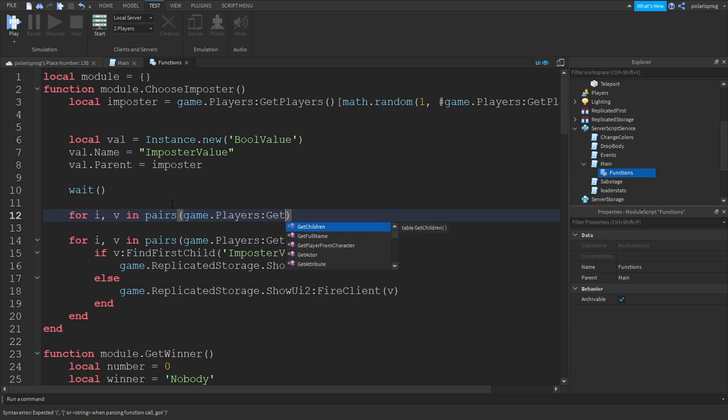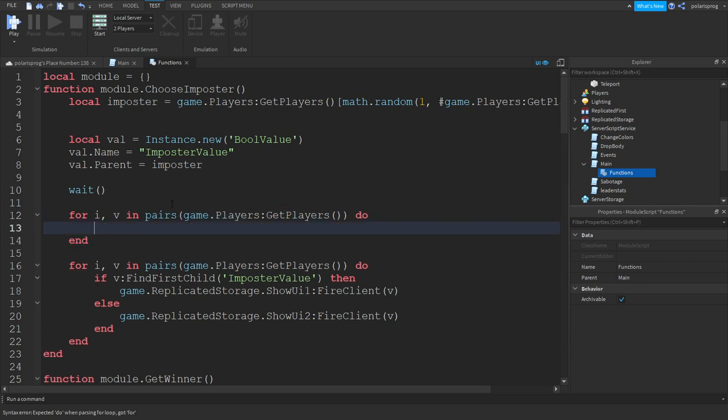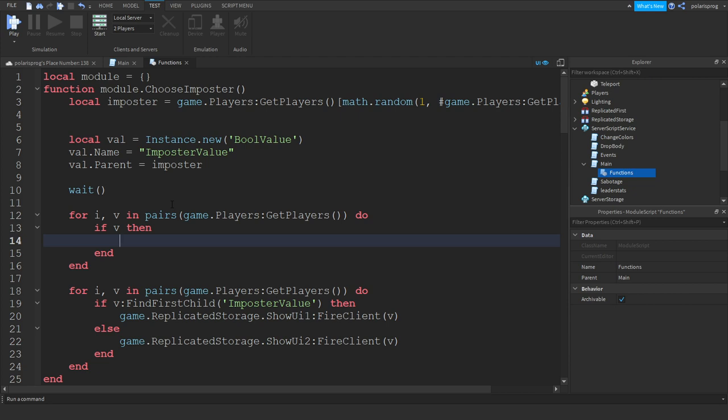I think it was GetPlayers. Yeah. Do, if v then. I mean, you don't really have to check if the player is there, but let's change this v to player instead. I'm not going to do that, I'm just going to keep it as v. Okay, so if v then